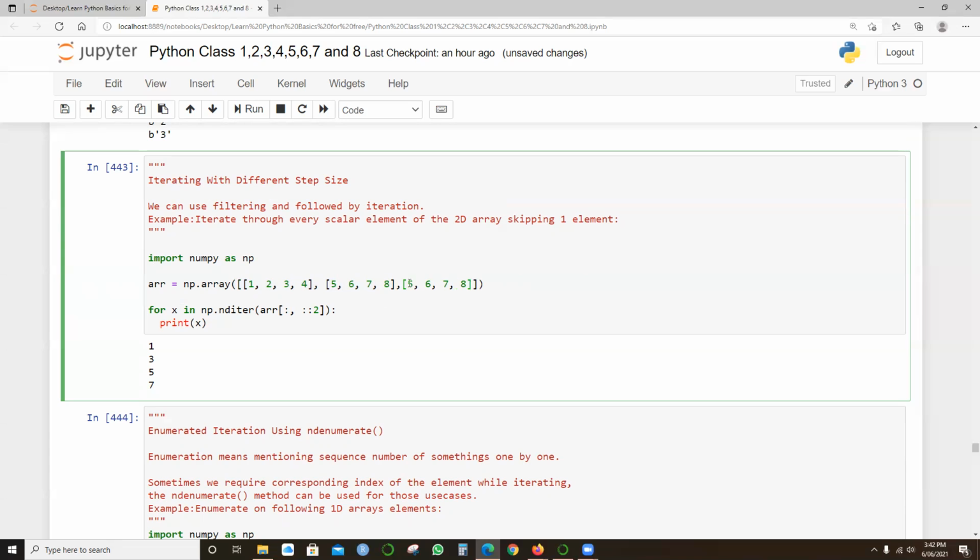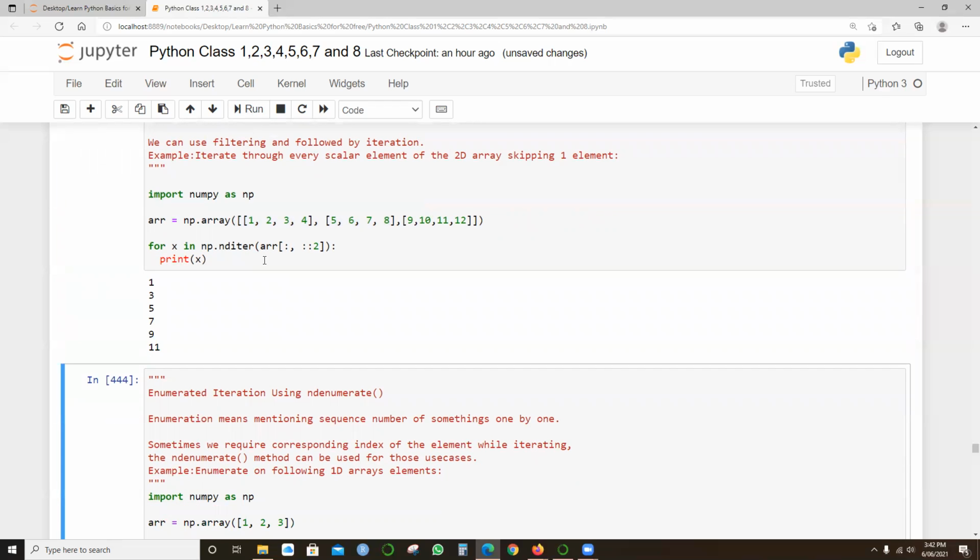So this time I would say 9, 10, 11, and 12, right? Let me run it. So have a look at this example. Earlier it was until 7. So 8 is skipped, then again 9. After 9, 10 is skipped, and 11.